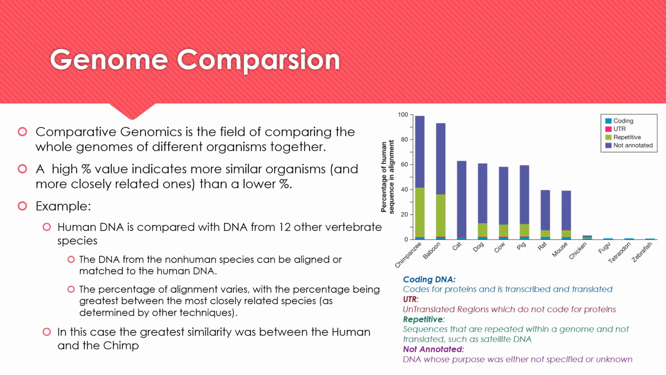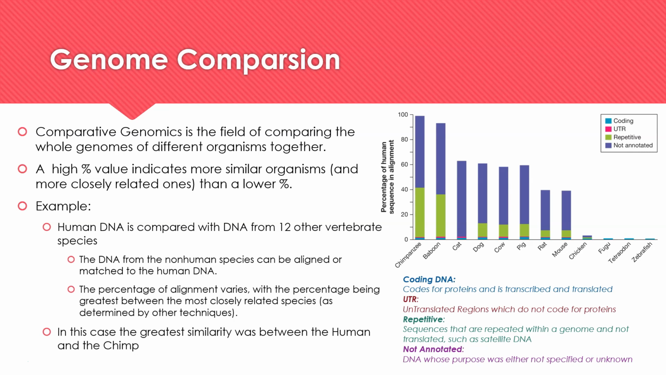So, like I mentioned earlier, instead of just comparing individual sequences, you can do whole genome comparison. This has a very creative name of comparative genomics, and that's the field where you would be doing this. As with all our other techniques, the more connections, the more matches you have with the genetic material, the more similar the organisms and more closely related they are considered to be. In this case, we'll be talking about percentages, so a high percentage value indicates more similar organisms